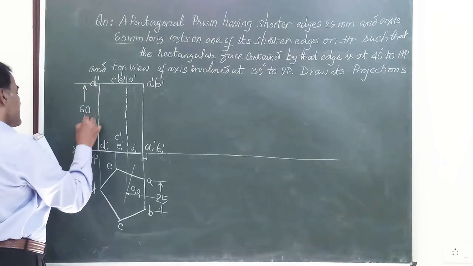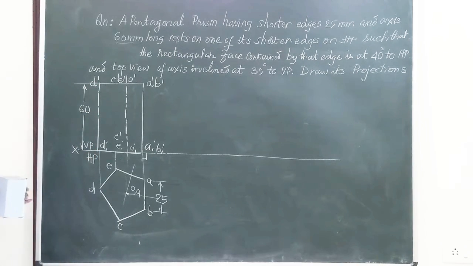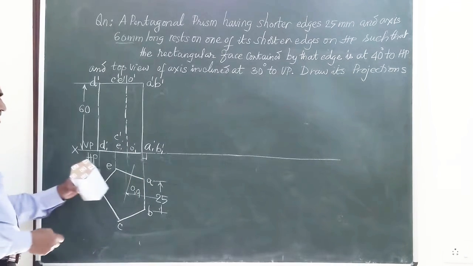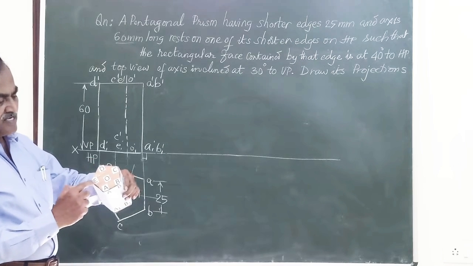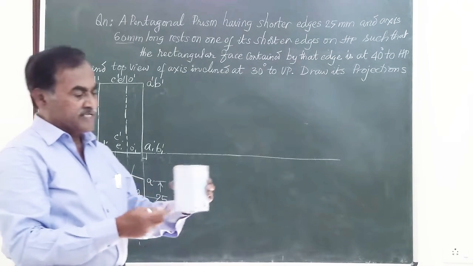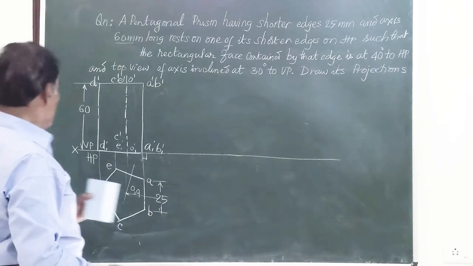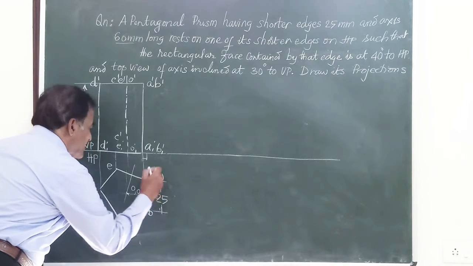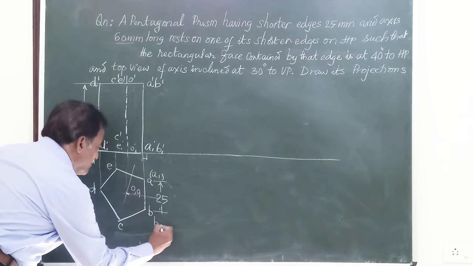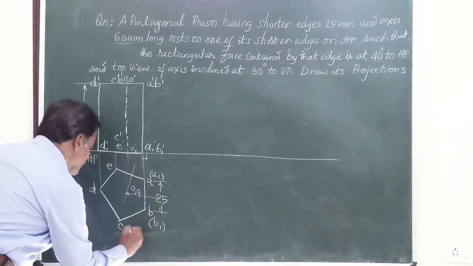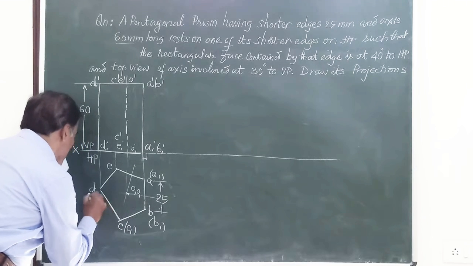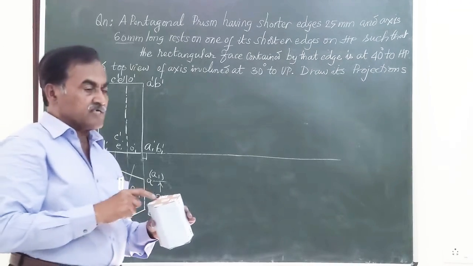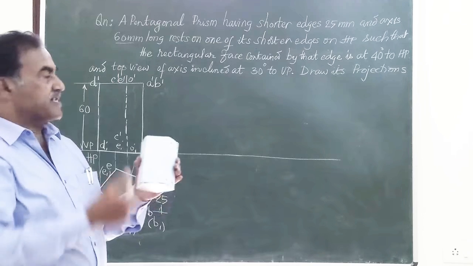So we have got the object placed on HP and obtained the corresponding top and front views. In the top view, I told you these 5 corners A, B, C, D, E cover the bottom 5 corners. So I am just marking this as A1 inside the bracket for the corner at the bottom. This is B1, likewise we have C1, D1, and finally E1. So these are shown in brackets because these are not visible to the observer when he sees from the top.